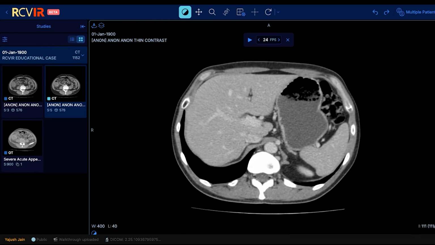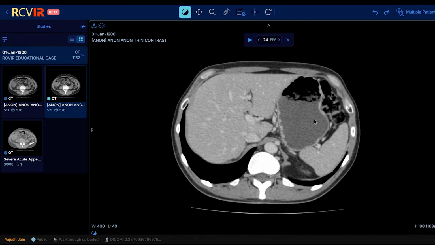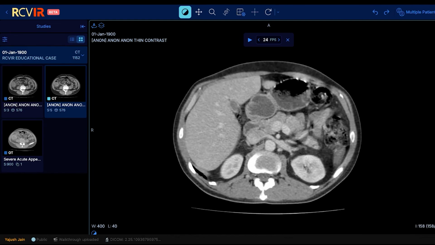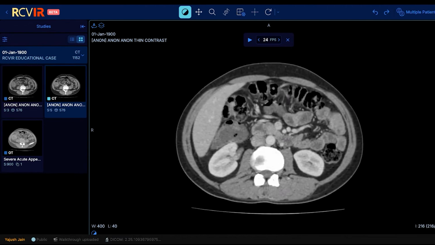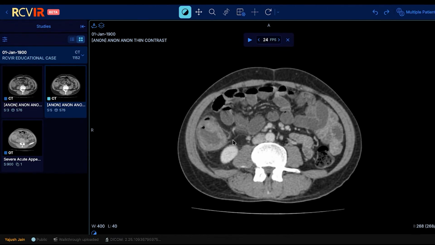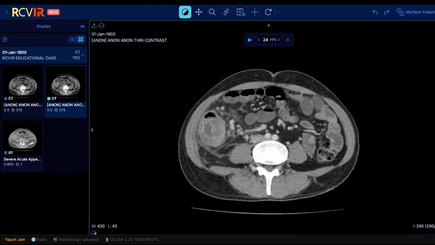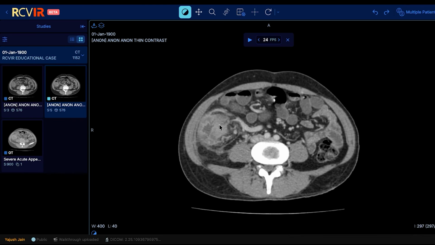So, this is an axial cut CT scan of the patient, and here we can see that the liver, gallbladder, spleen, and both the kidneys are more or less unremarkable. As we move further down, we can see wall thickening and enhancement along with fascial prominence noted at the level of hepatic flexure. These changes become more and more prominent as we descend caudally up to the level of cecum,